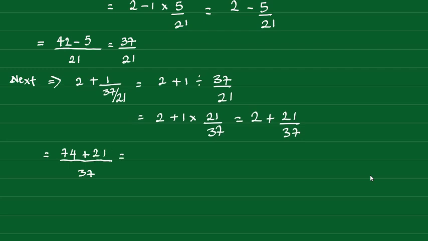All right, 74 plus 21, we have 95 divided by 37. Now we continue by imputing this fraction into our overall fraction, and finally this brings us to